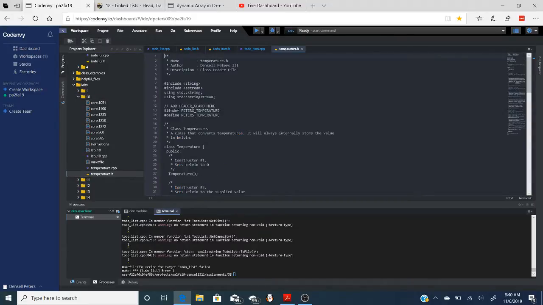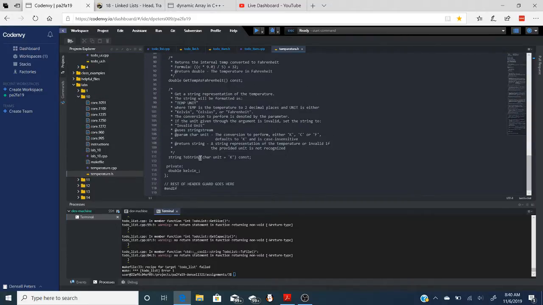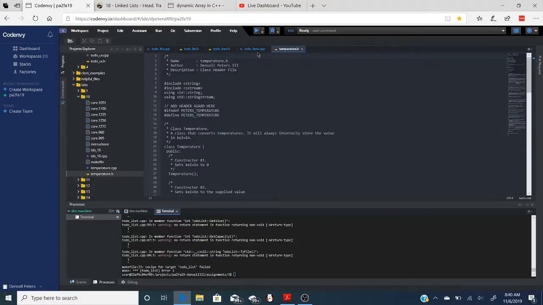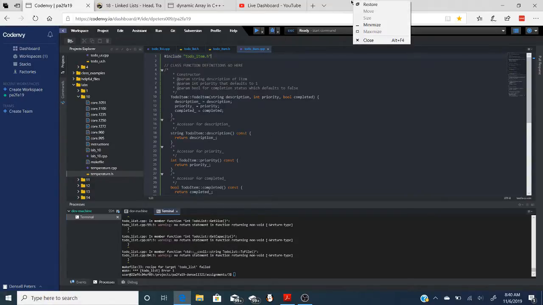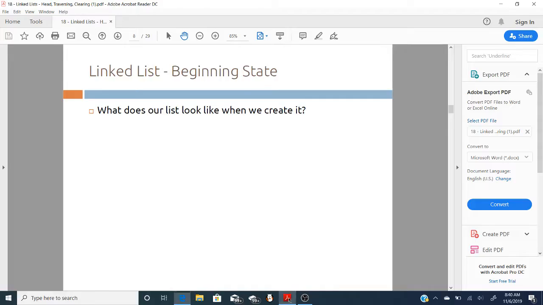And so what we're going to do on the rest of our lecture today is talk about public. What are the behaviors that a list can do? Things like add a node to the list, remove a node from the list, traverse the whole list, and traverse is going to every node in the list and doing something with it, deleting everything in the list, clearing the list. All those kind of things we need to talk about, okay? Some of them we'll talk about today. Some of them we'll talk about on